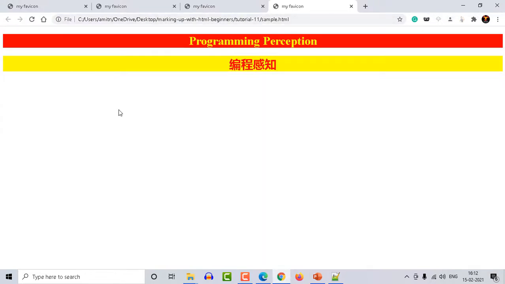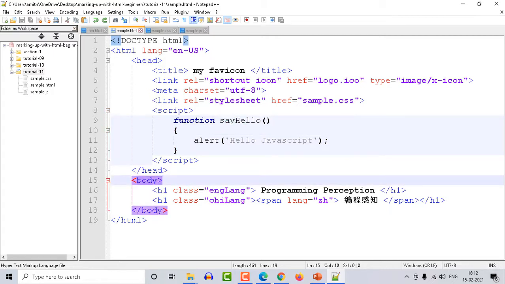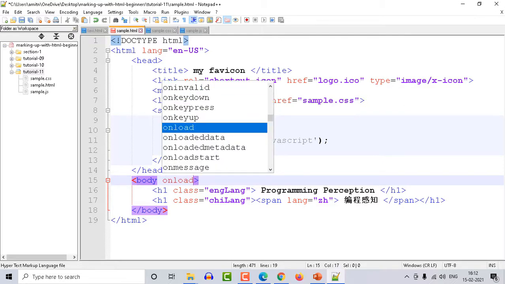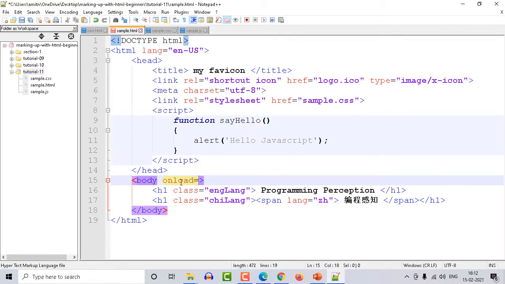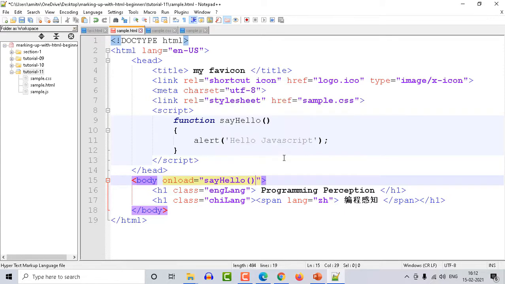So what is the benefit of having that JavaScript? Actually, I have to tell when to run this JavaScript code, when to run this function. So in this body tag, I will use an onload attribute. Now what will happen? This attribute actually will call this say hello. The attribute name itself is telling us when it will be called: on the load of the body. So when the body is loaded on the browser, at that time this function will be called, and a dialog box will appear on the page and that will contain hello JavaScript.